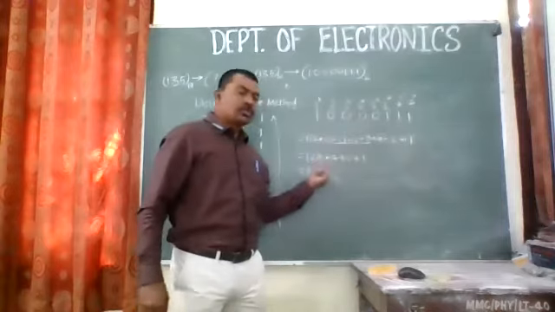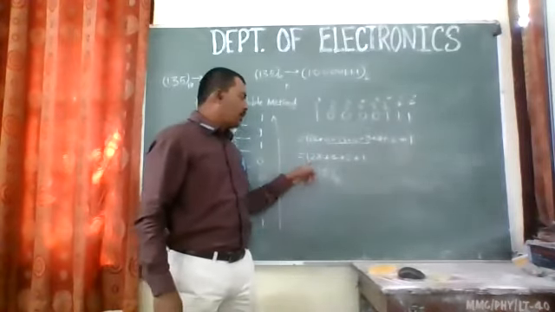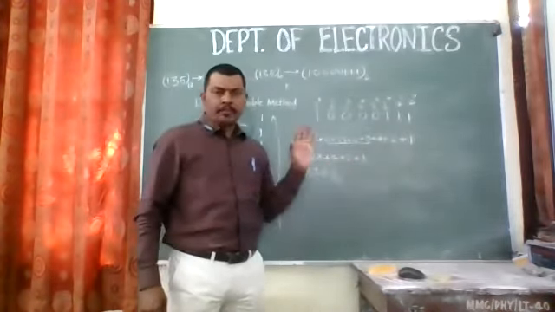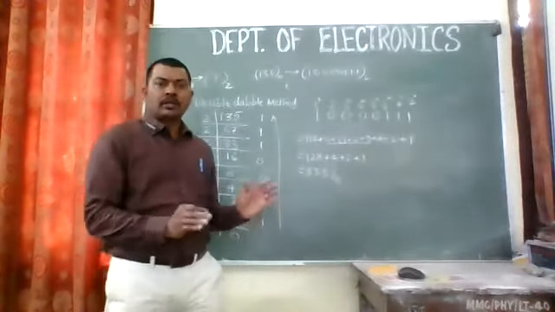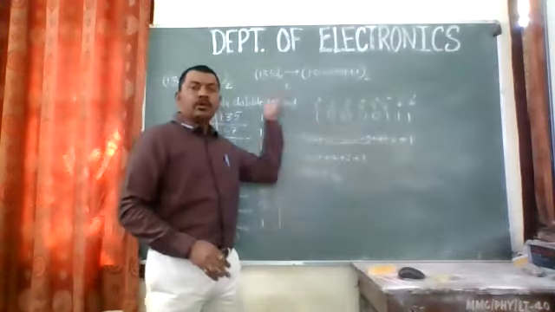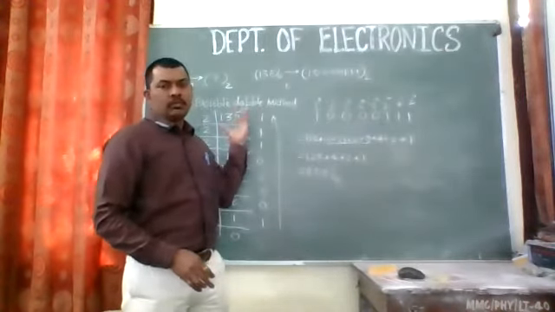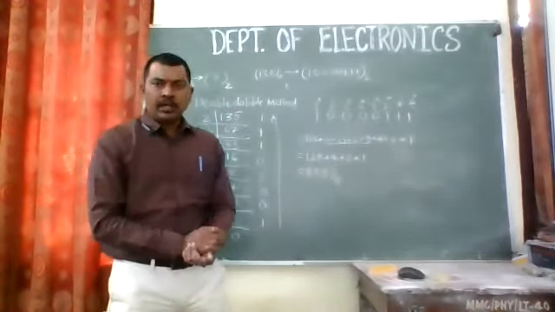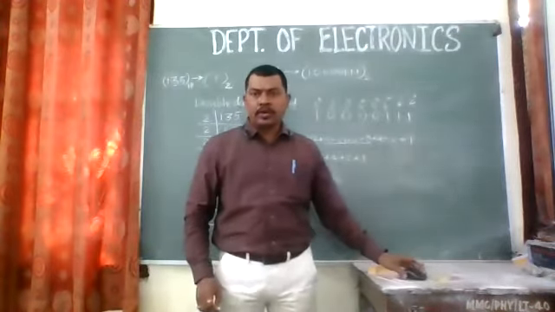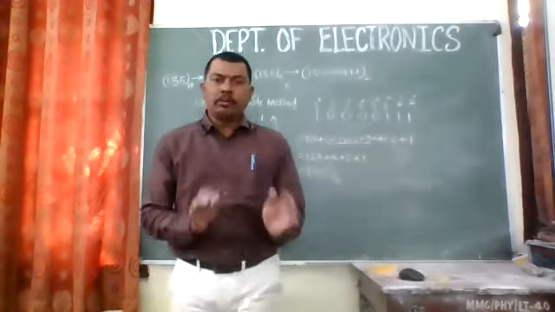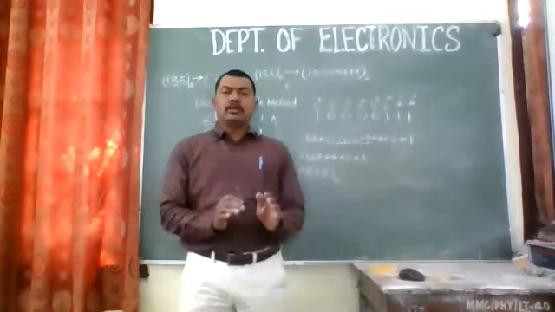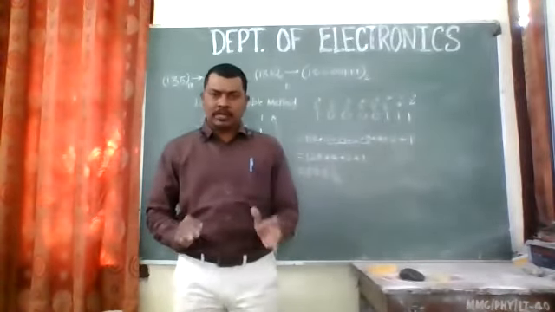So I removed all the zeros, and I have written only 128 plus 4 plus 2 plus 1. So the total is 135. This is how we convert a binary number to a decimal number system, or say any number system. We have done this earlier in the old classes as well. So remember those things, and if you have any queries, you can ask me anything, right?